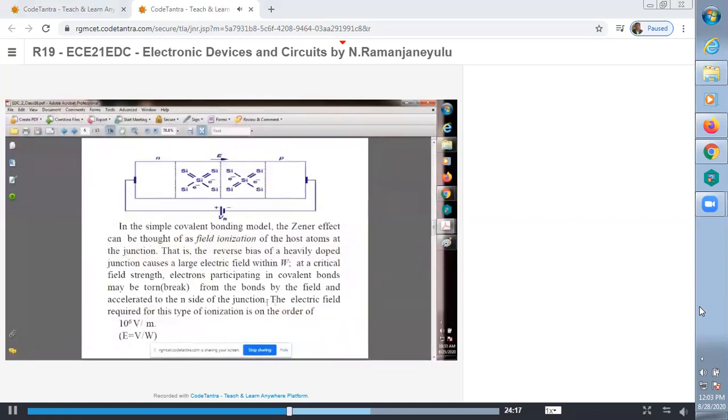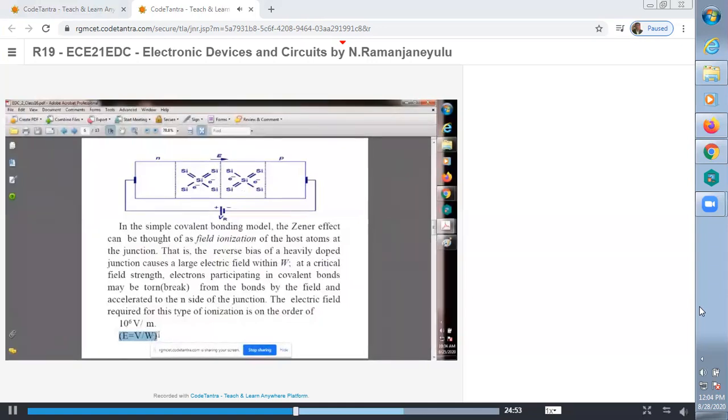Okay. In some other way, simply, how can we explain the Zener breakdown mechanism without energy band diagrams? What happens in the depletion region due to a high electric field? What is the electric field? Observe here, the last one. Electric field E is equal to V by W, where W is the width of the depletion region. Here this is the heavily doped PN junction, so W is very, very small.